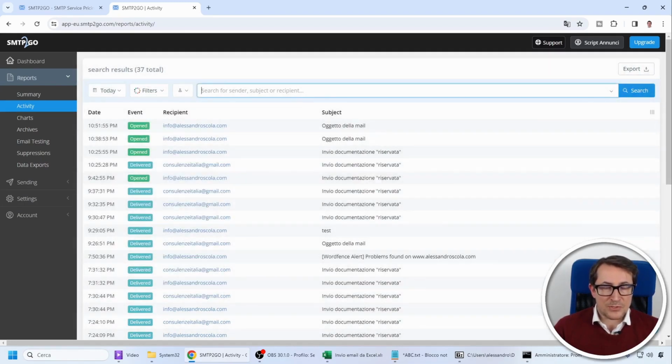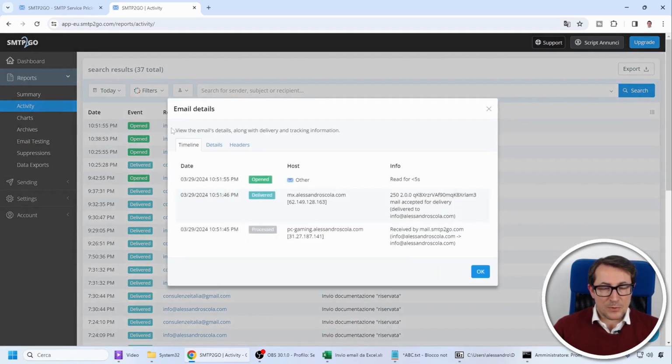Here, I can also see the details of the emails. These are the ones we sent earlier for testing. In this case, I have some in delivery status and some in open status. If I check, it tells me that this email was opened for less than 5 seconds.